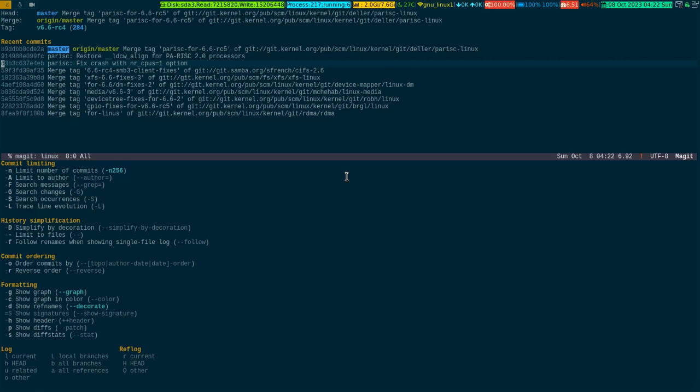And if I do, as you can see, you can limit the number of commits by pressing -n. Okay, and you can search by message, sort by changes. So there are various options in the transient window for log, so you can use it. This is one of the ways to